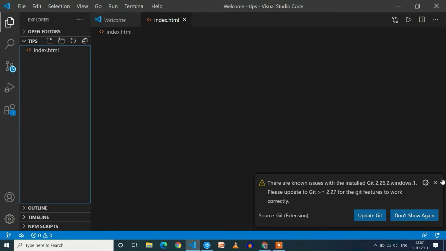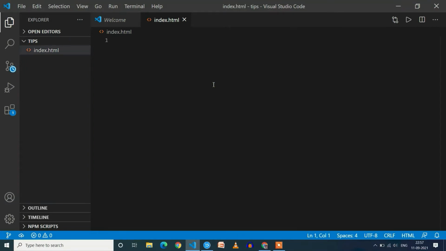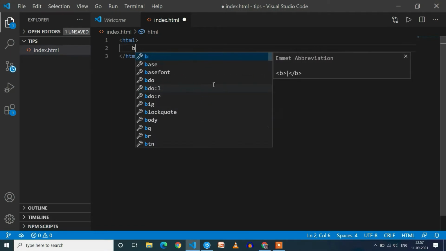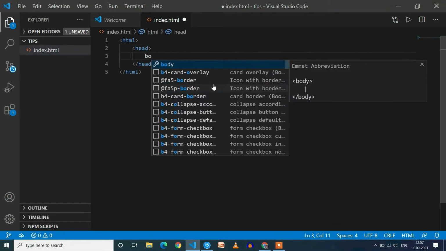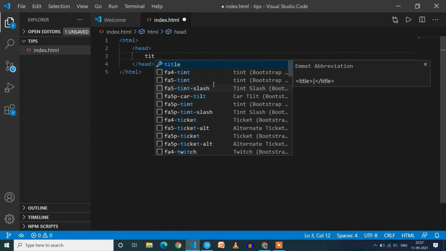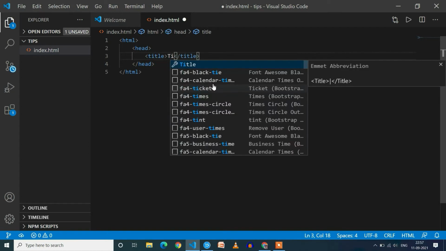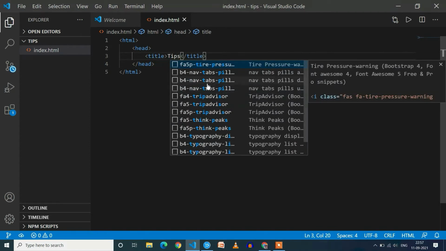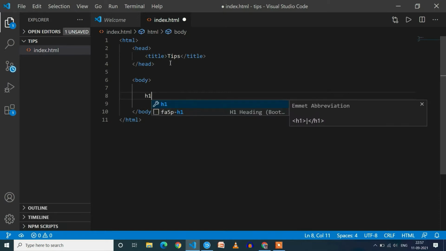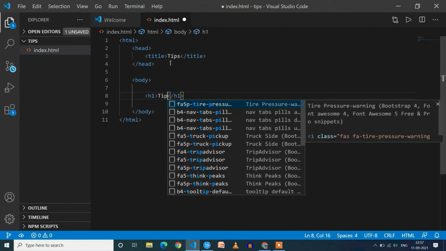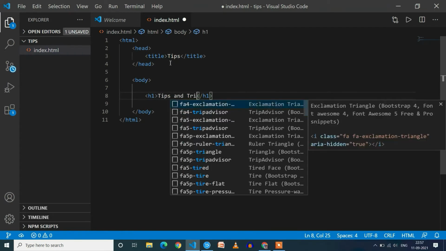So first we have to complete the skeleton of the HTML page. HTML, body. First we have to write the head. In that head first we have to write the title. The title is tips and body. So in this body first I will write one h1 tag with the title tips and tricks